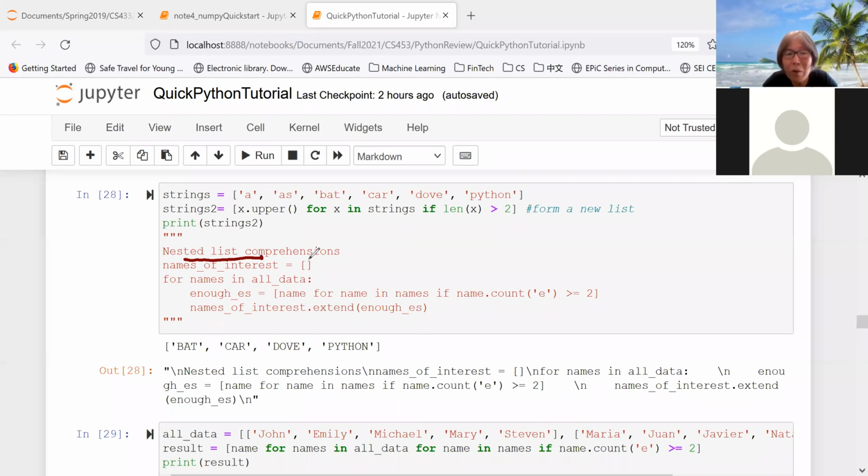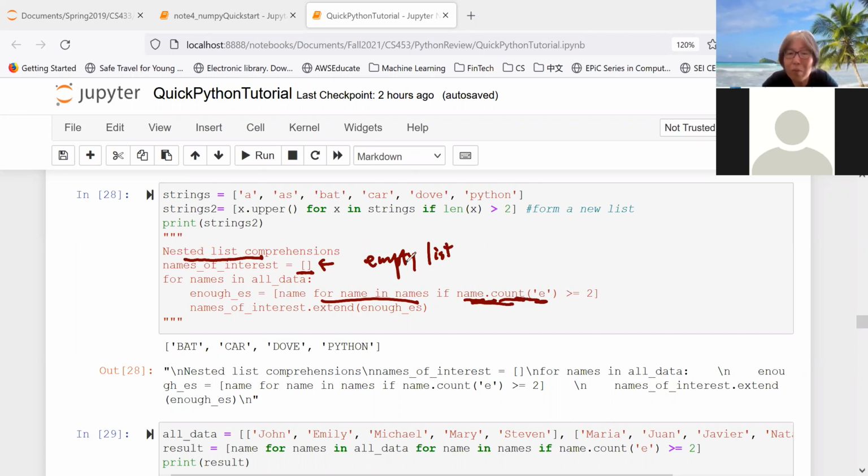But anyway, here you can also see that a blank square bracket is an empty list, so you create an empty list. Then what's in this one? Anyway, this is some loop, and then you try to find the letter E within the word, and if you have more than one E,